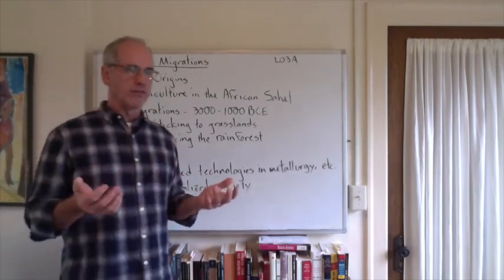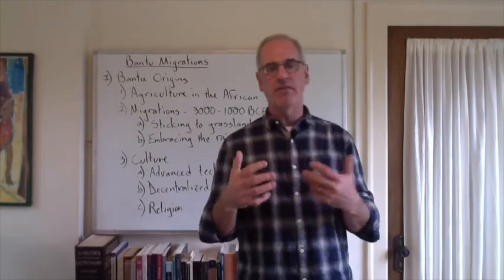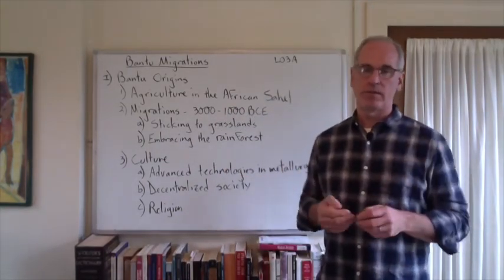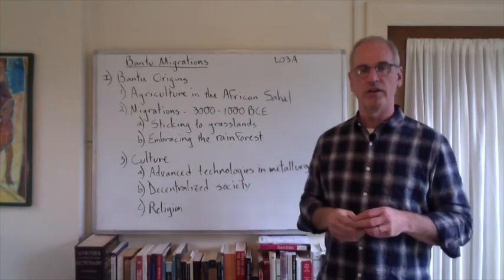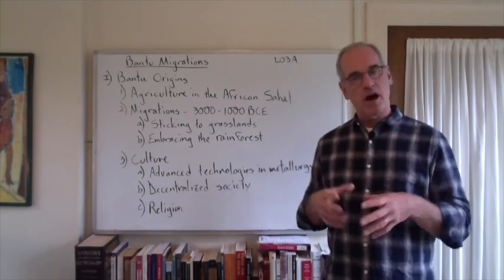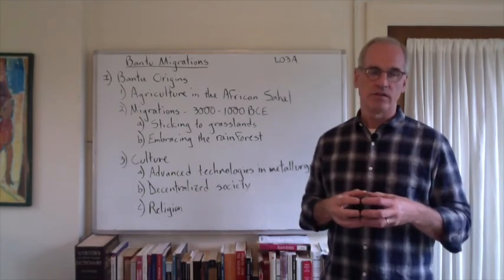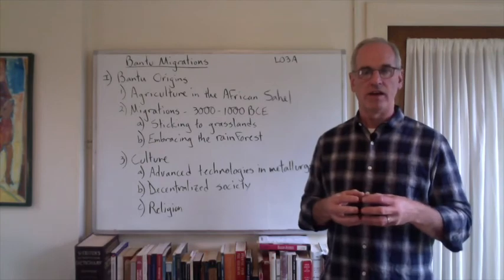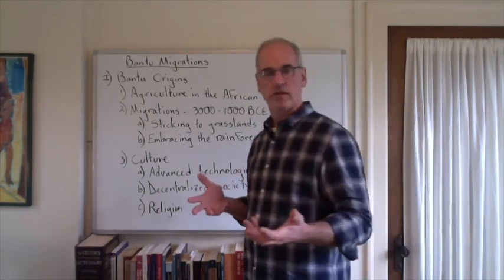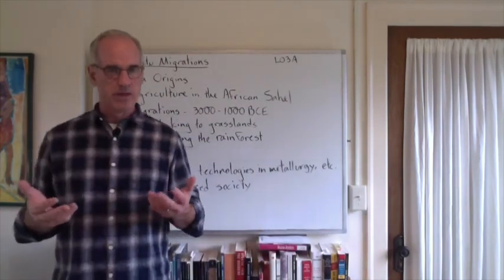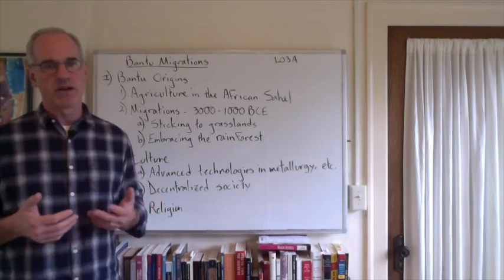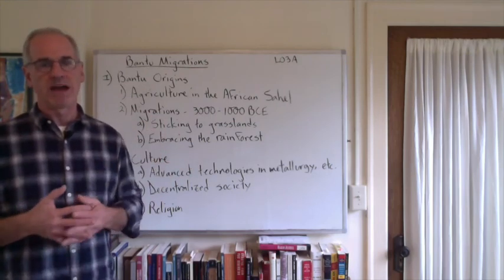But overall, if you look at the development of Africa at this time, they developed all the sorts of technologies: agriculture, animal domestication, metallurgy, advanced metallurgy, pottery, etc. All those things they developed, but they did not develop a centralized society with big cities and lots of social class distinctions and lots of centralized governments and big armies, etc. And again, I'll talk about why in the discussions, but for right now, that sort of covers the Bantu migrations.